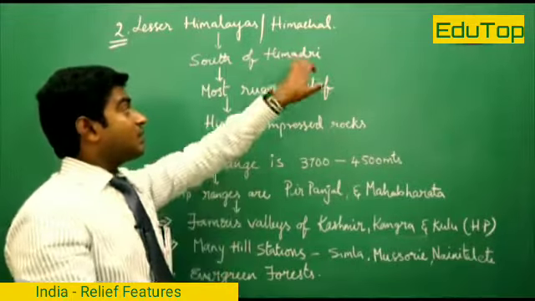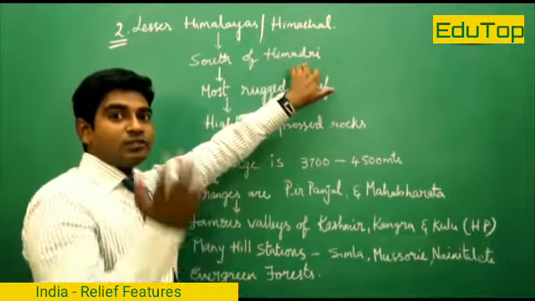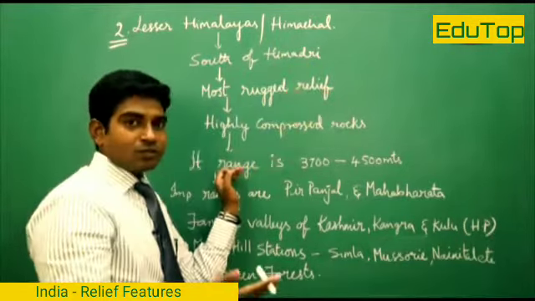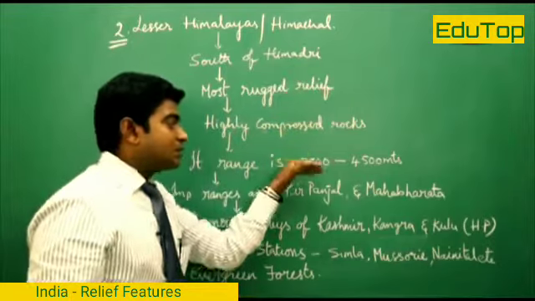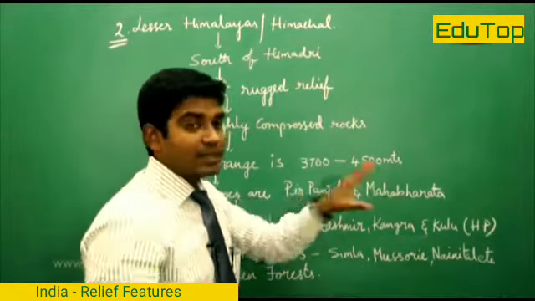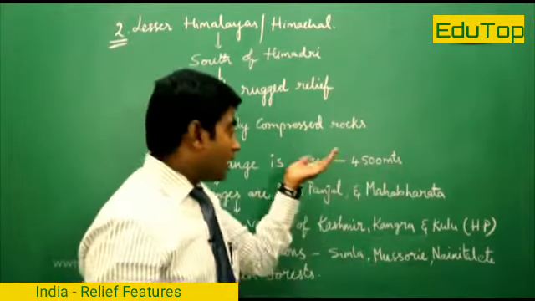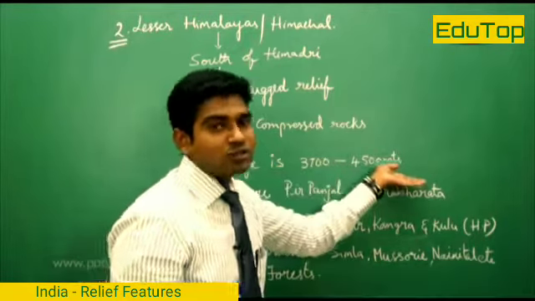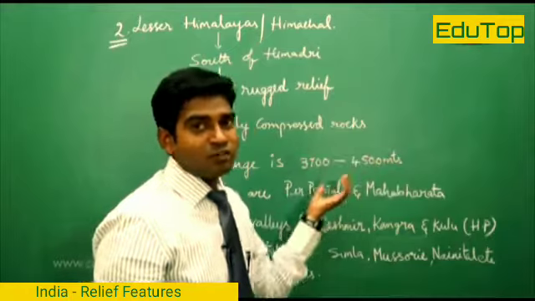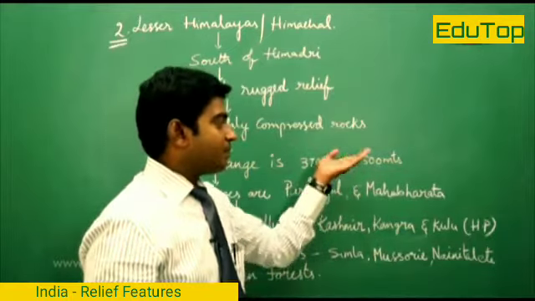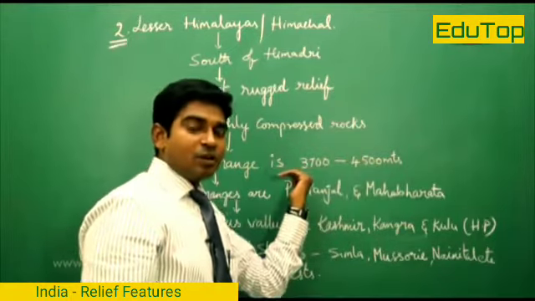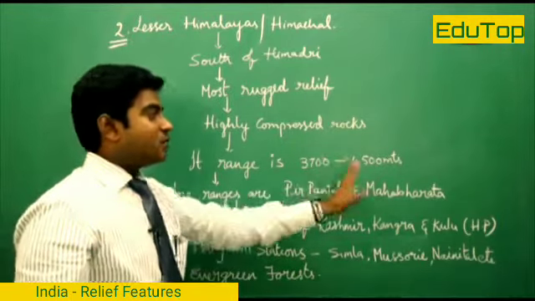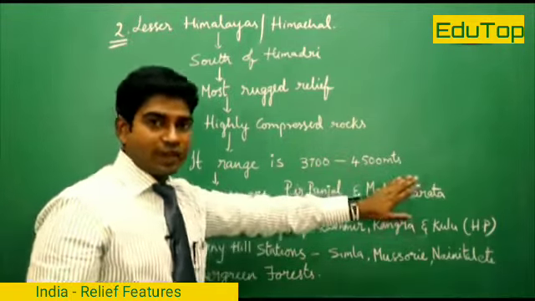As we have seen, the Himadri region height is 6,100 meters from the sea level. Here it is very low compared to that. It is 3,700 to 4,500 meters on average. It does not mean that every peak has a low of 3,700 or a high of 4,500 meters. Some peaks may be around 4,500, some around 3,900, some very low like 3,700, but the average is between 3,700 and 4,500 meters.